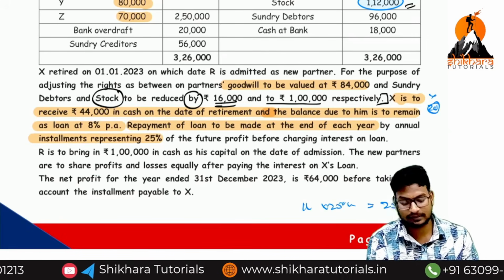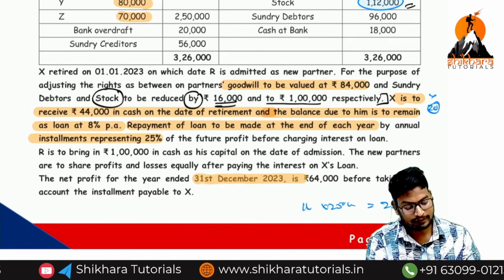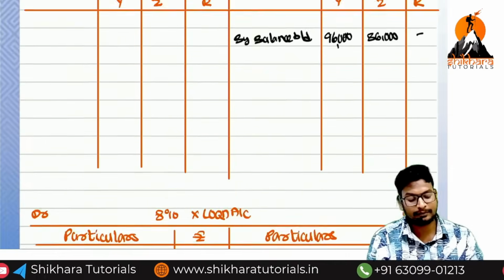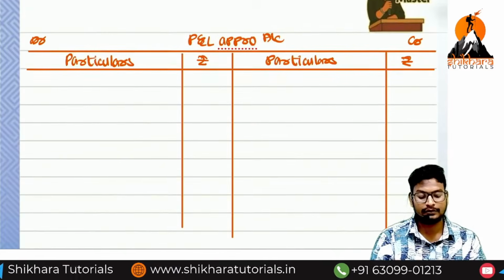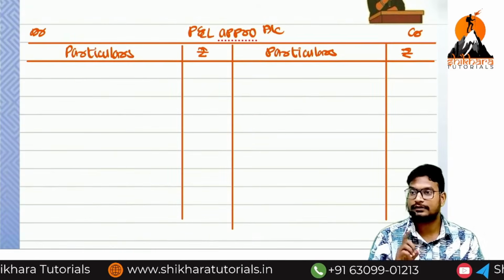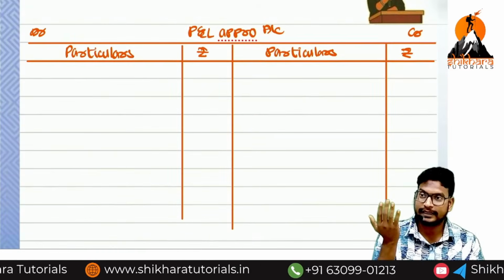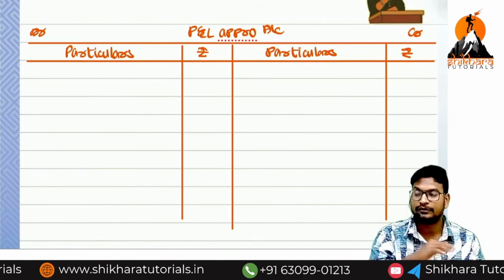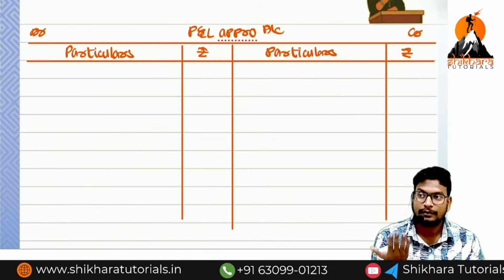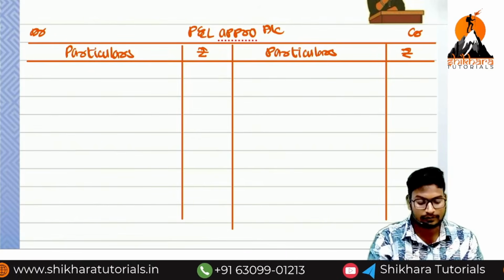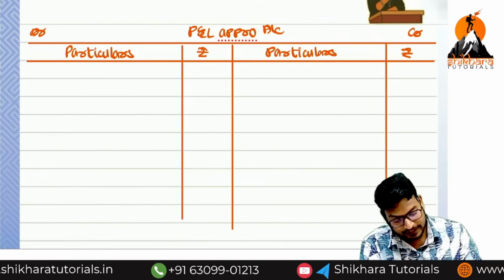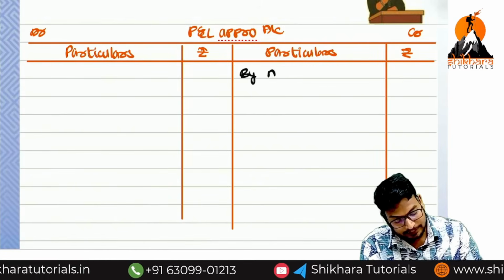P&L appropriation account. What is the profit they have given? 64,000. So profit will be available in the P&L appropriation account. Which side? Credit side. Already discussed. Gross profit will be available in the trading account debit side. That will be brought forward to the credit side of P&L account. Net profit will be available in the P&L account debit side. That should be brought forward to the P&L appropriation account credit side. So by how much? By net profit